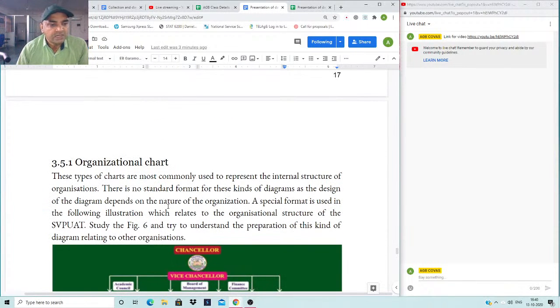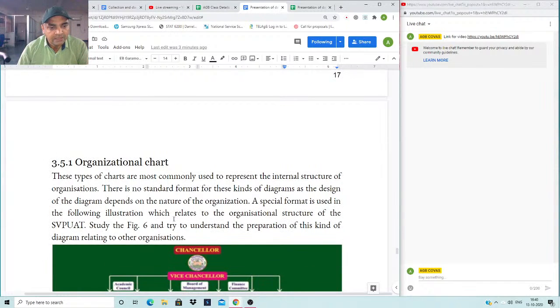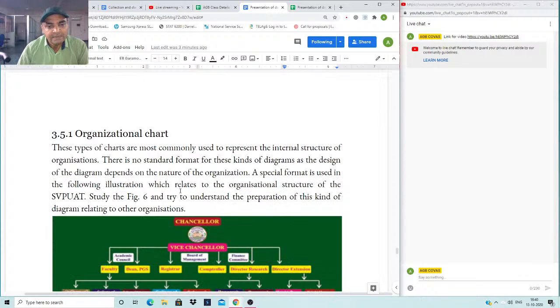So what is an organizational chart? These types of charts are most commonly used to represent the internal structure of an organization. There is no standard format for this type of diagram, as the diagram depends on the nature of the organization, like what is that organization and what is their structure, and a special format is used in the particularly following illustration, which relates to the organizational structure of our university, that is Sardar Vallabhbhai Patel